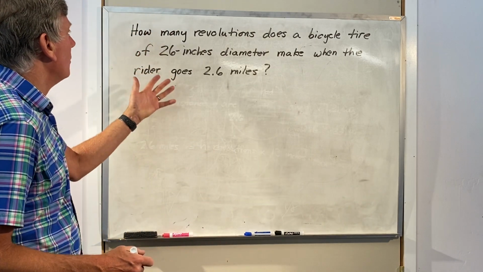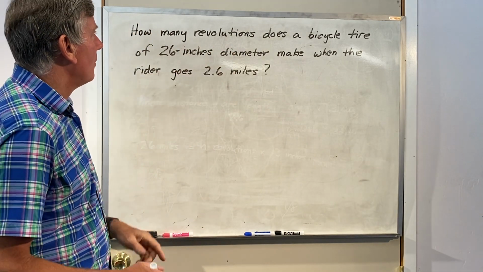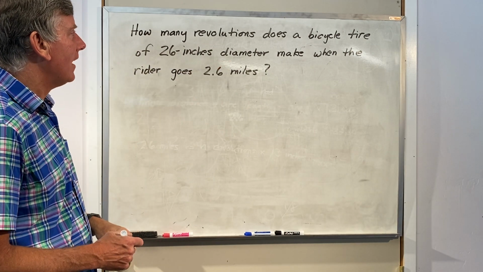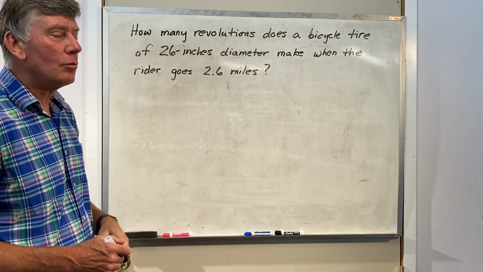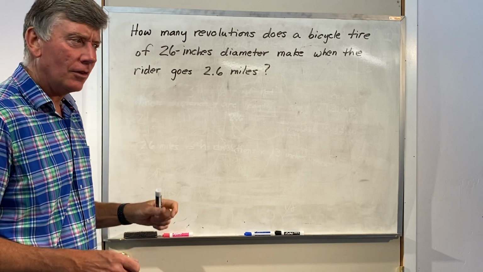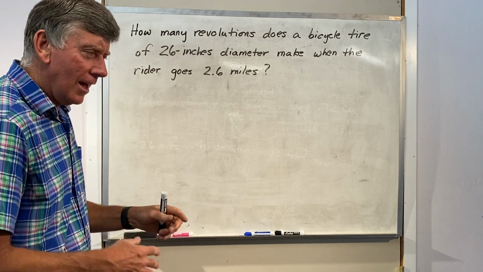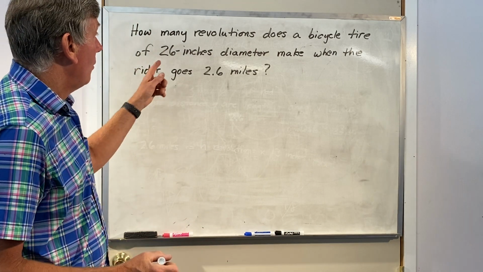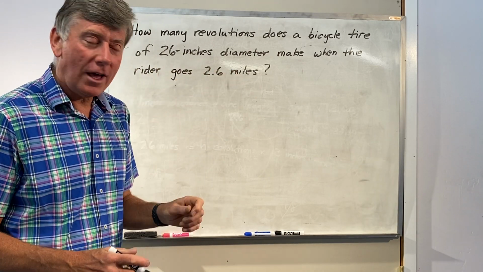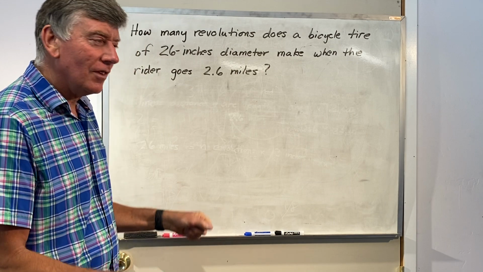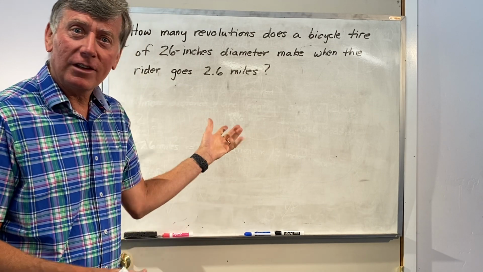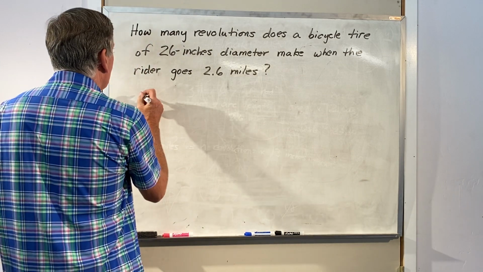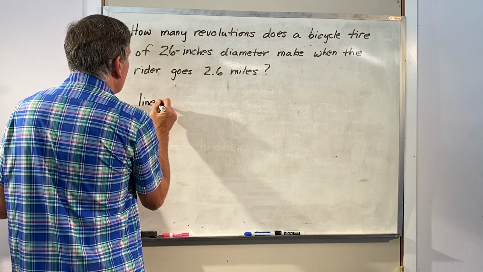But here's our problem. How many revolutions does a bicycle tire of 26 inches diameter make when the rider goes 2.6 miles? So here's the rider going, and that wheel is just going around and around and around. We're going to count, not by actually physically taking a bicycle and doing it, we're going to mathematically figure it out. Remember that the linear distance